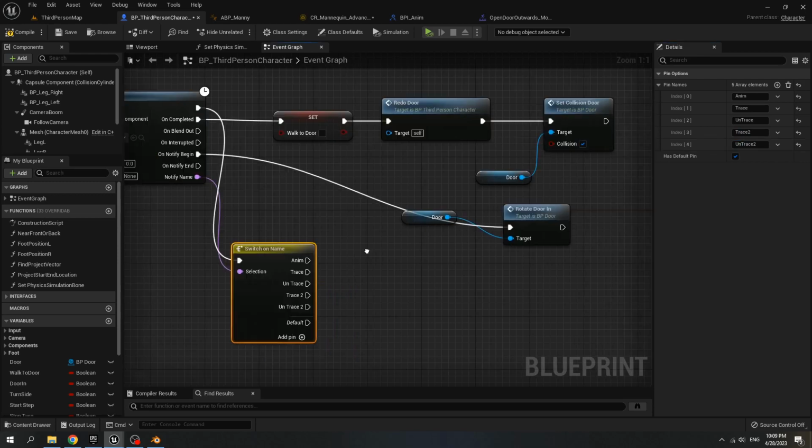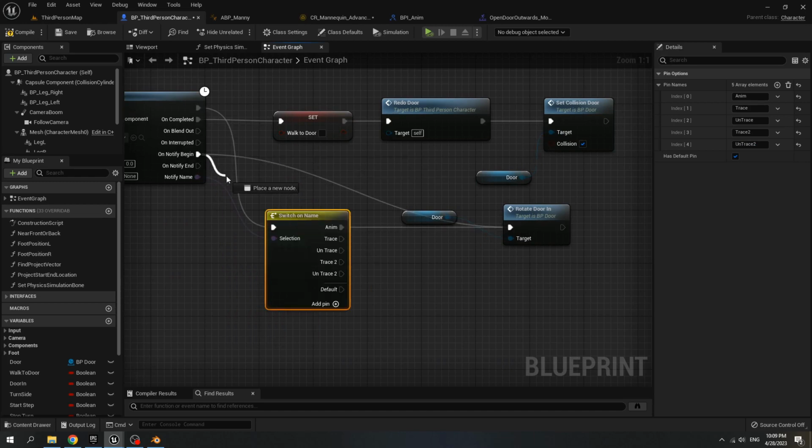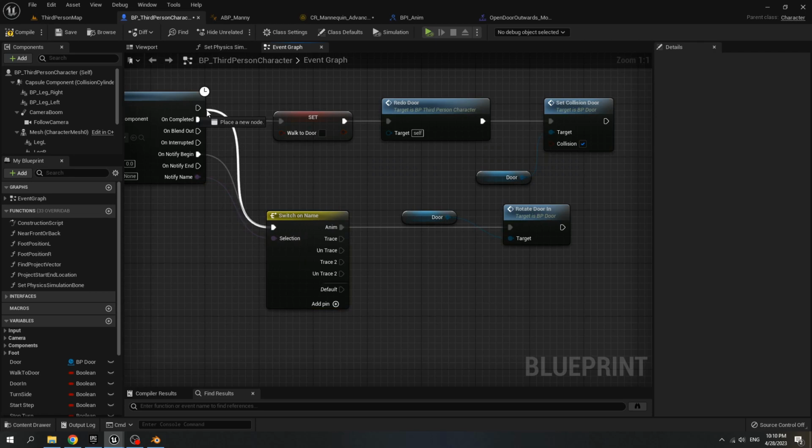For the anim, we connect it to rotate door in, and connect on notify begin to the switch on name. Disconnect this.